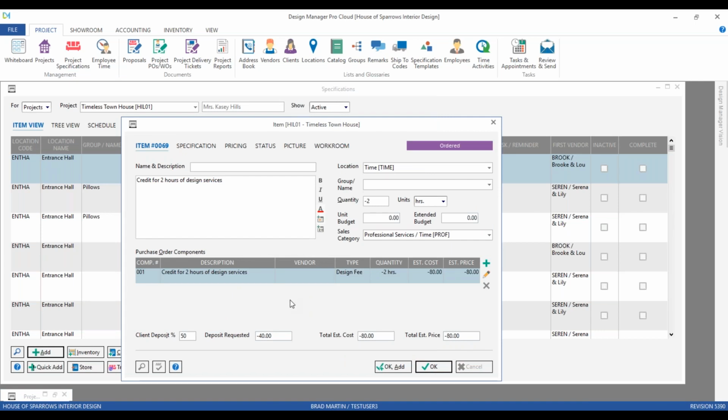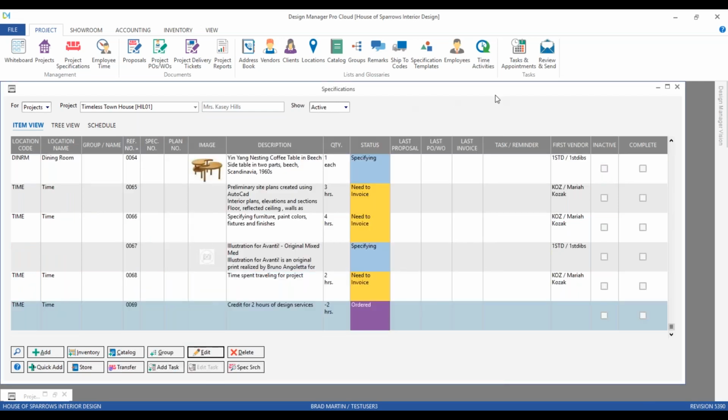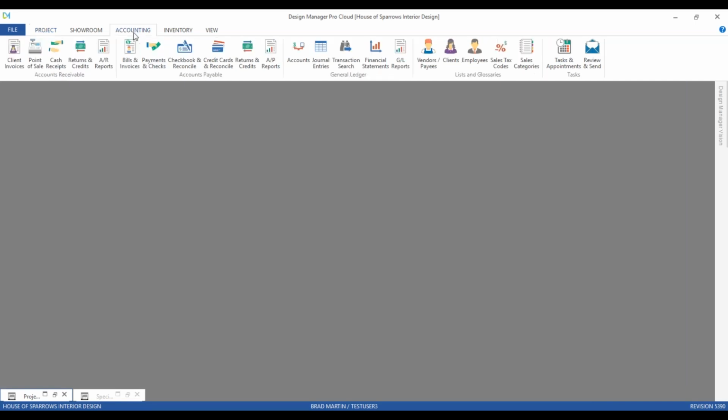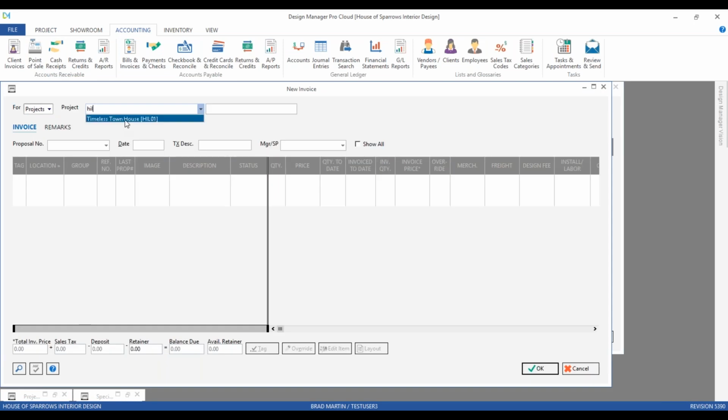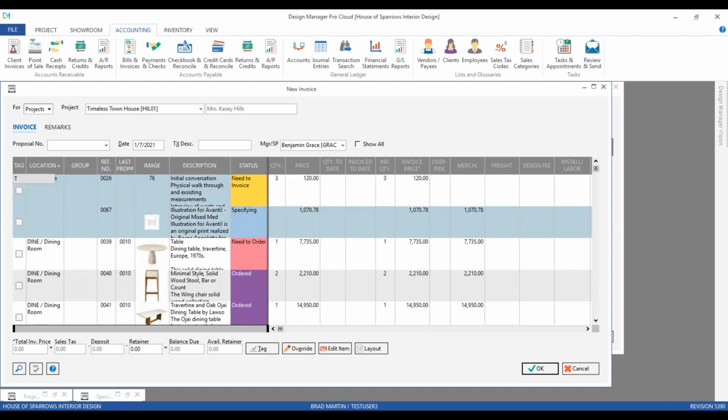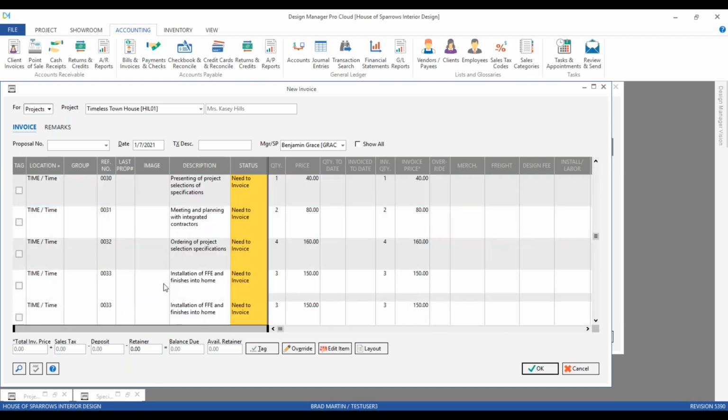So now I've created this concept of a credit, a free form credit, let's think of it. And again, I'm using design time as an example. It could be anything. And now I can go over to my invoicing. I'm gonna go to our Timeless Townhome. And we can jump down to our time entry. So all the way at the bottom, I can see